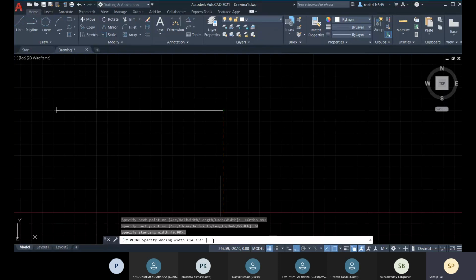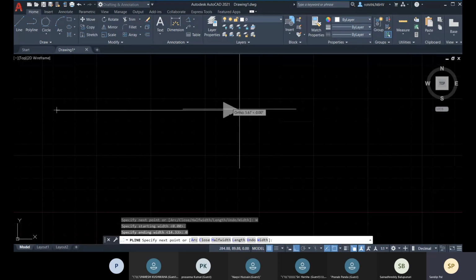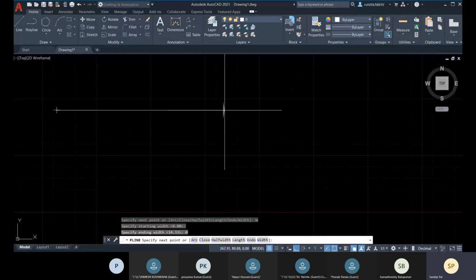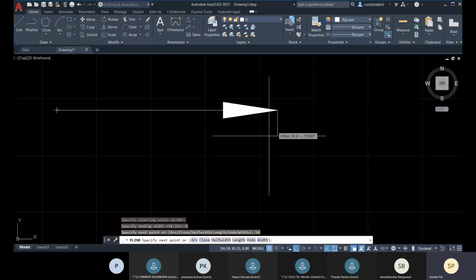For your arrowhead, the end width will always be 0. And you can mention the segment length for your arrowhead. From this point to this point is the length of your arrowhead segment. So let's go for 50 and enter, and there you have it.